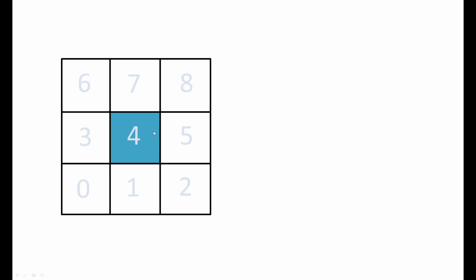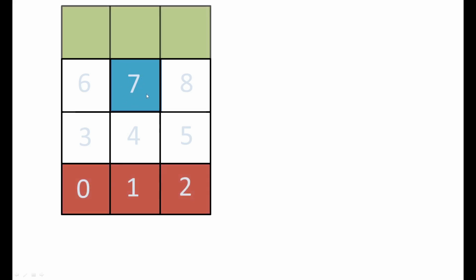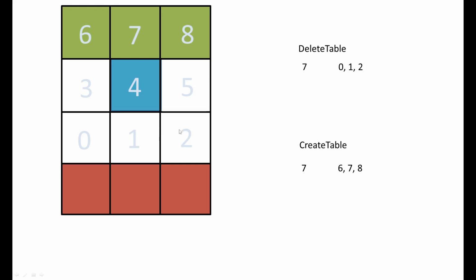First, the character stays at the center of the plane index 4. Then when the character moves to the index 7, we destroy index 0, 1, and 2. We spawn the plane on index 6, 7, and 8 by using the 7 as the center, and we get this array. After that, we will rearrange the index of the table.